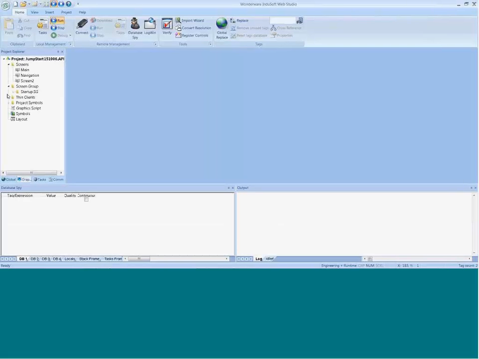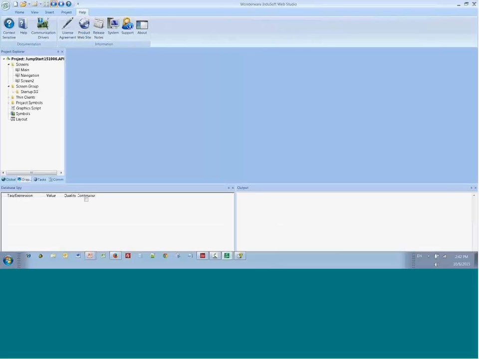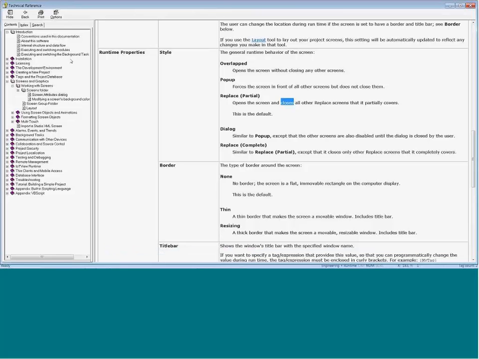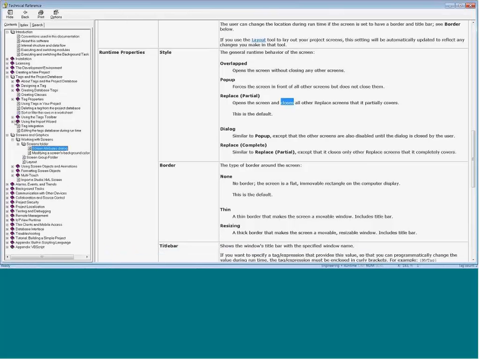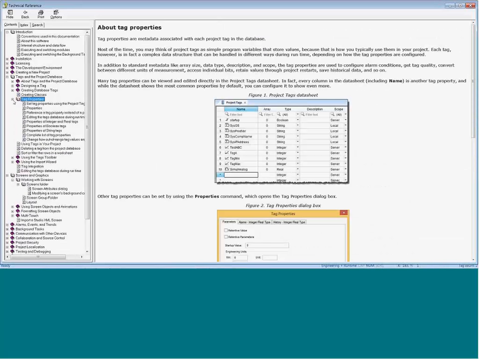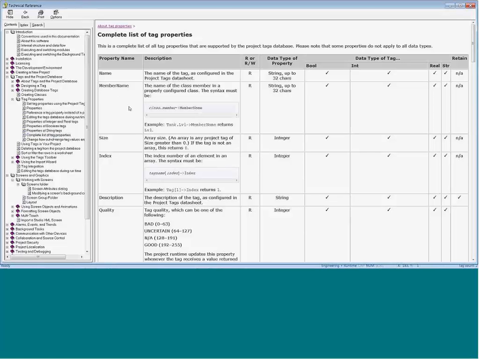Let's go back into our help system here. I think I actually still have that open. And talk about tags and tag properties and a list of the tag properties. Now, a tag like temperature has a value associated with it, but it also has all of these properties associated with it, such as